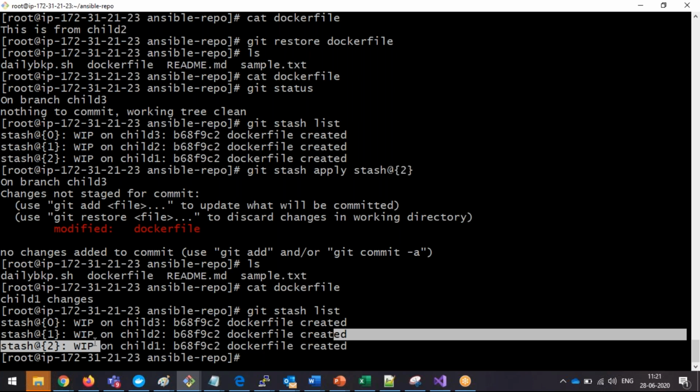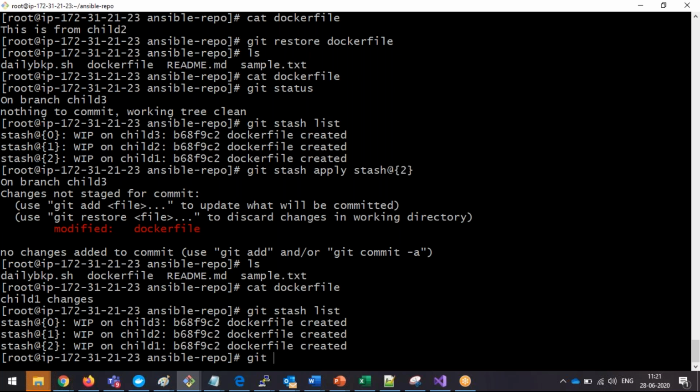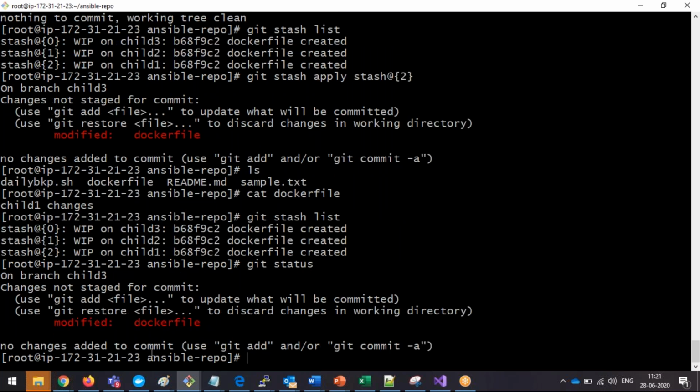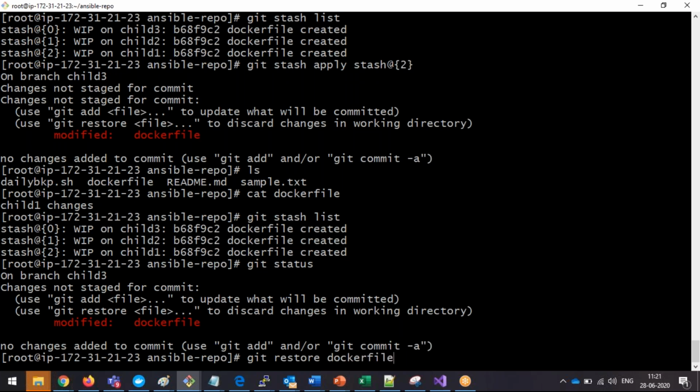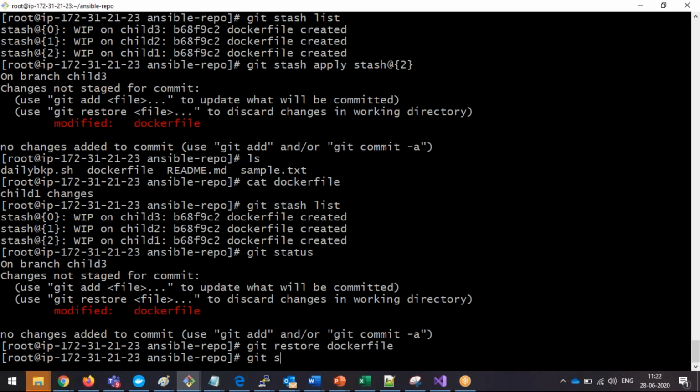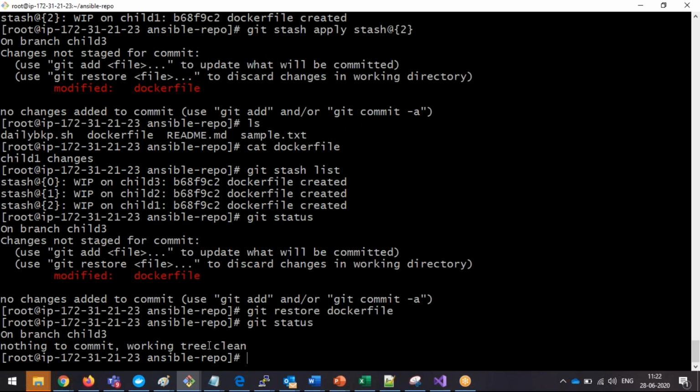Right. Let's see here, git status. So here it is not clean. You have to make it a clean working tree, otherwise it is not going to allow you to run the other operations. So I want to make it clean. Now what I will do is git restore Dockerfile. I don't want to move it forward, simply I have restored it. Now git status. You can see here it's clean. So now git stash